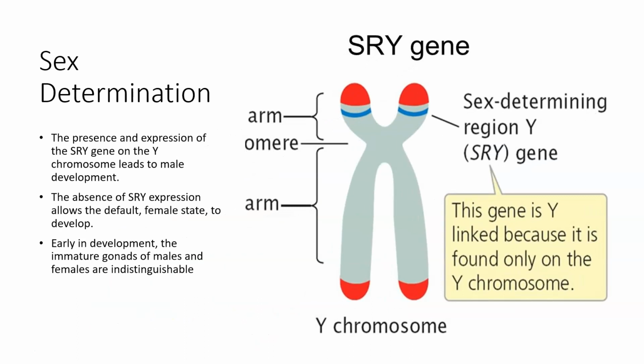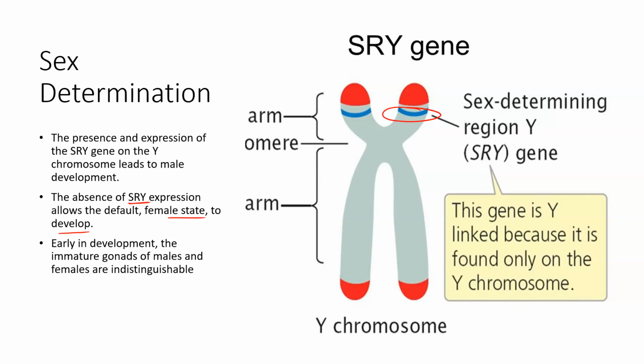The presence and expression of the SRY gene on the Y chromosome leads to male development. I talked a little bit about that. The absence of the SRY expression allows the default gender, or female state, to develop. It is impossible to tell the gender of a fetus in fetal development